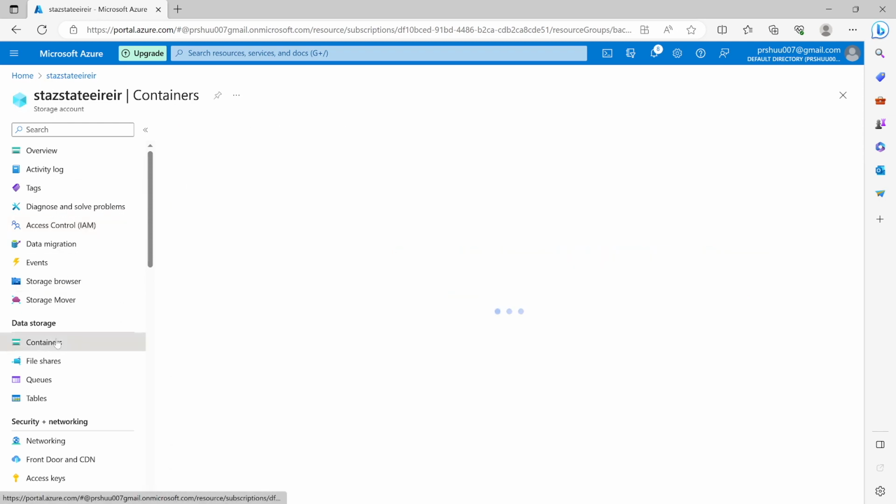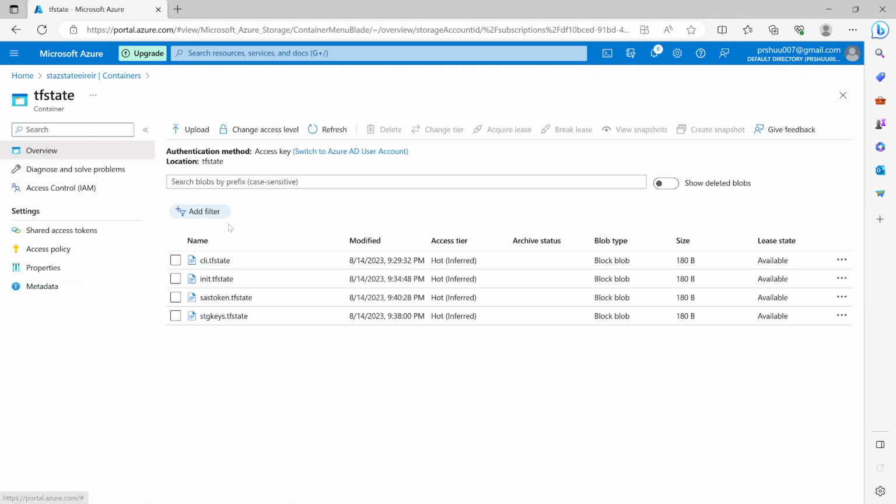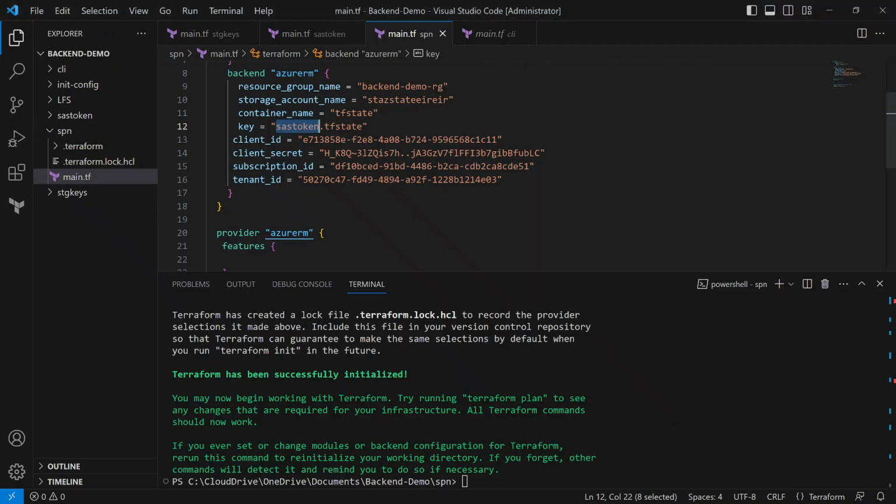So let me go to the containers. We cannot see the new file over here. It's good that I made this mistake here, we can learn something new. So what we are going to do, we are going to change this to